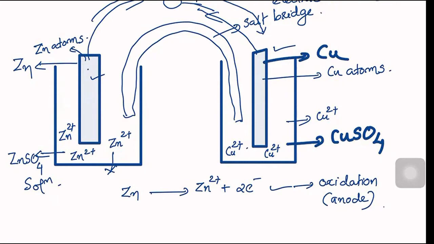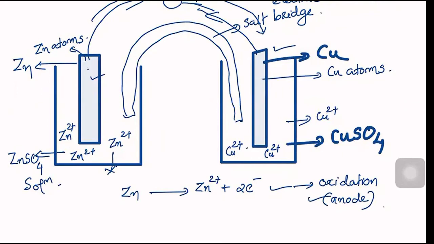But why zinc acted as anode? Now you know that. Because when you connected zinc and copper half cells, from galvanoscope or galvanometer, we found that electrons are coming from zinc. If electrons are coming from zinc, it means zinc should release electrons. Release of electrons is known as oxidation reaction. And which electrode is undergoing oxidation? That electrode will be known as anode. Now we know why zinc acted as anode. That is the information I have provided to you.